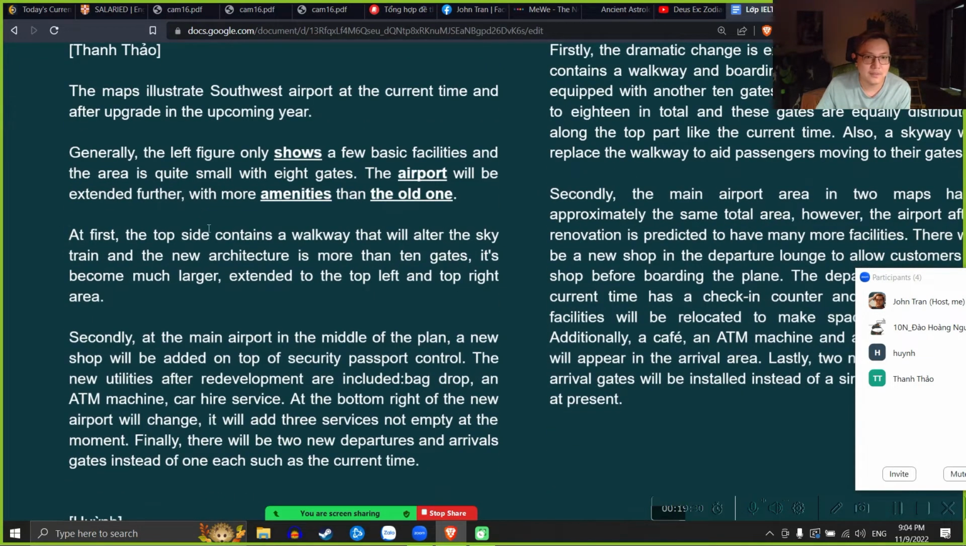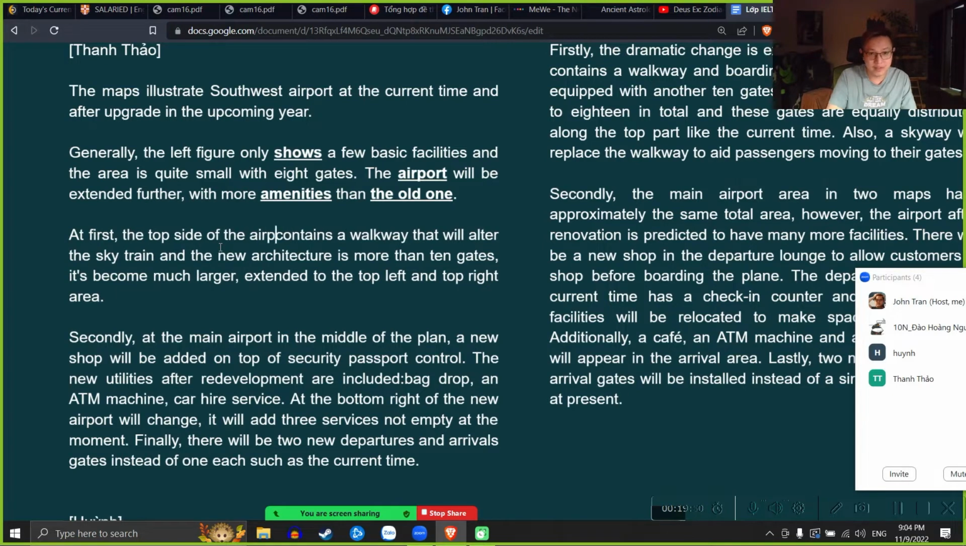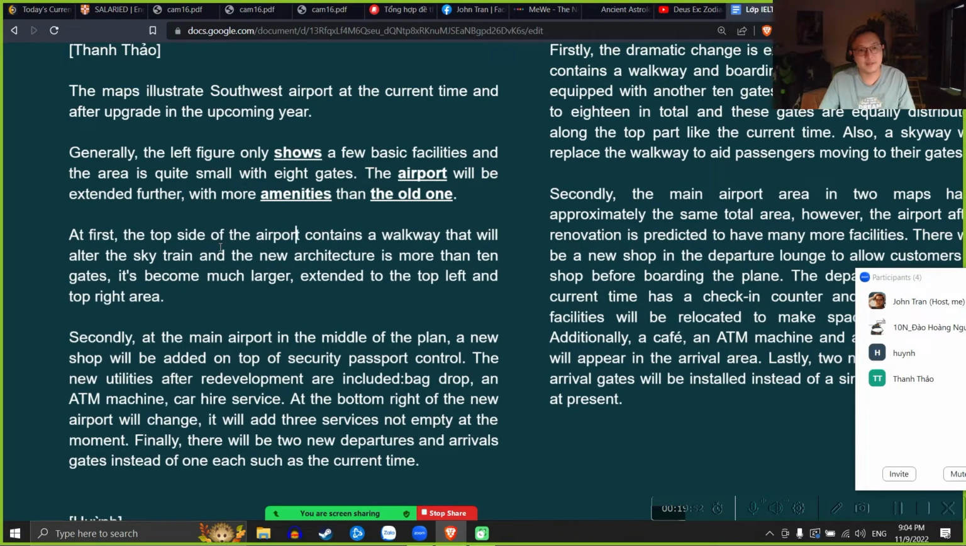Okay, at first, the top side. Where's the top side? Cái mặt bên trên cùng của cái gì mới được chứ? Top side của cái gì? Của cái airport đó thầy. There you go. So the top side of the airport. Nó phải ghi rõ ràng ra. The top side of the airport